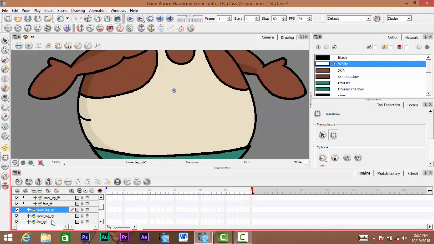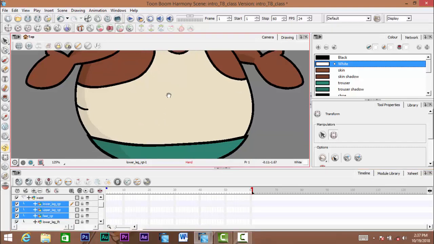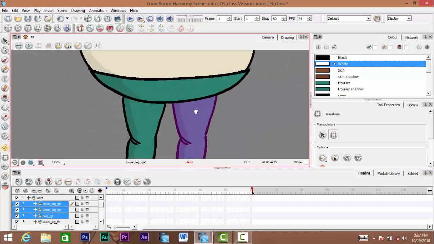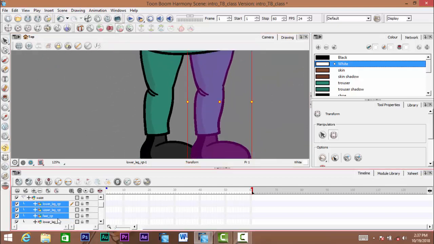Highlight one, shift and highlight the last one you want to highlight, and also drag them inside the waist like that. As you can see, everything has changed the way it's supposed to be. So all you need to do is start repositioning them again,